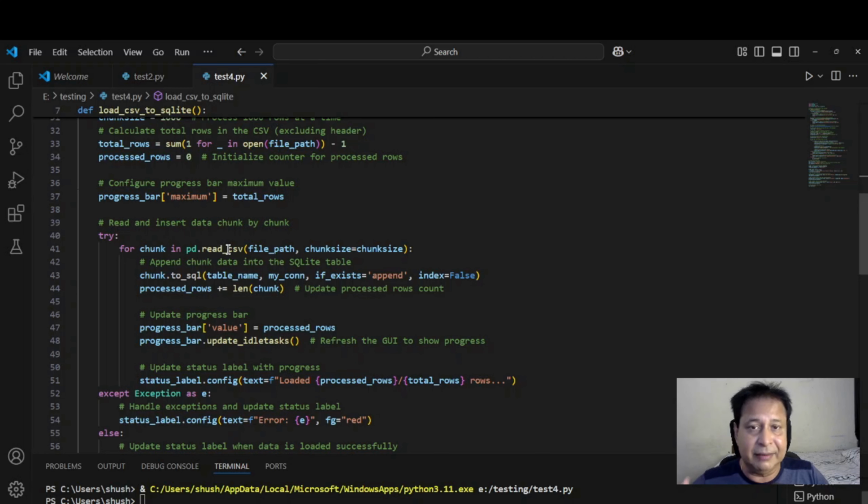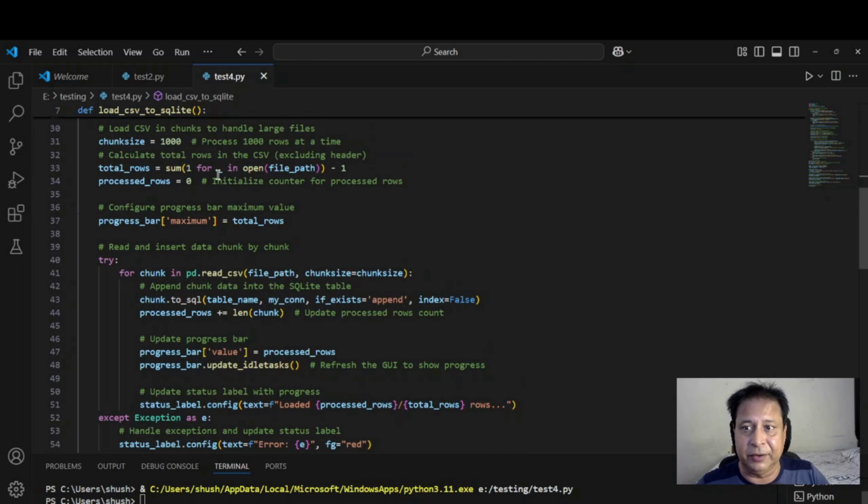So read then as per that chunk size. Here you can set the chunk size, which is 1000. So 1000 data rows will be taken first, but if you want to change it, change this figure. That way, it will take that many rows at a time. Here you can see